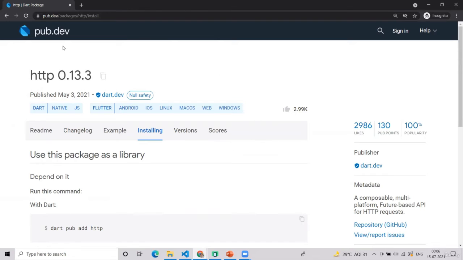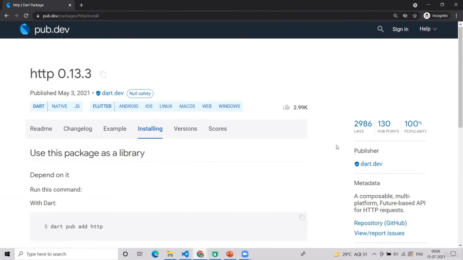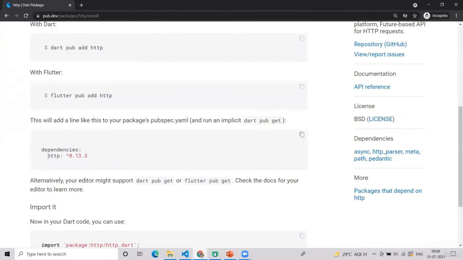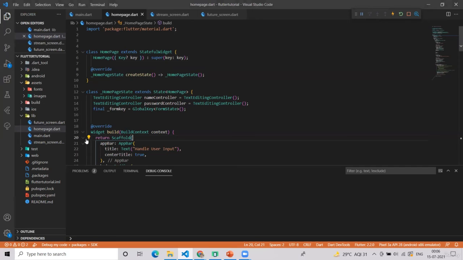And then remember to select this one. This is from the Dart team itself. Just scroll down and copy the dependency. And in your application, you can paste it.